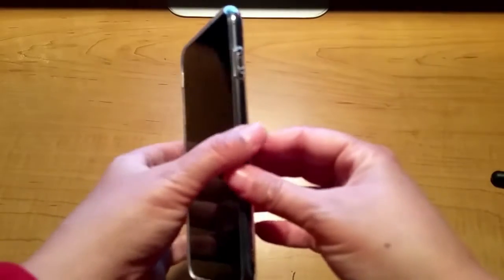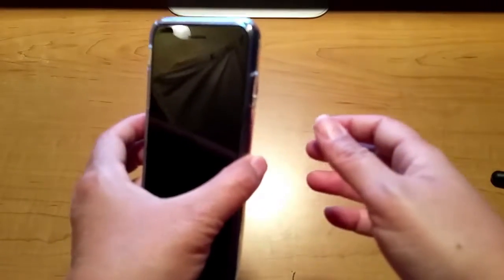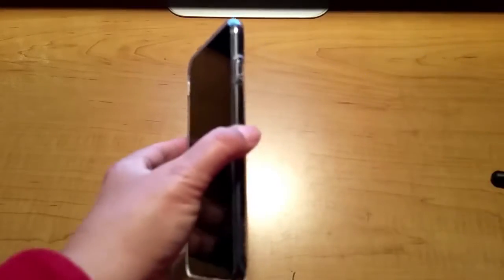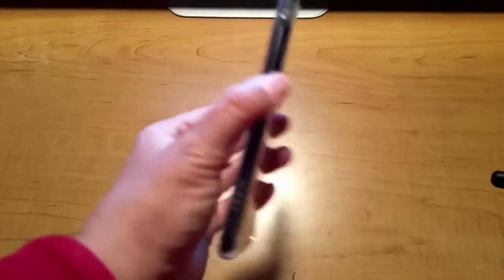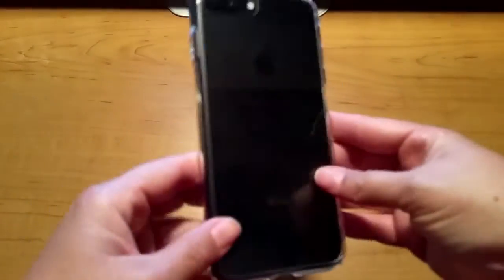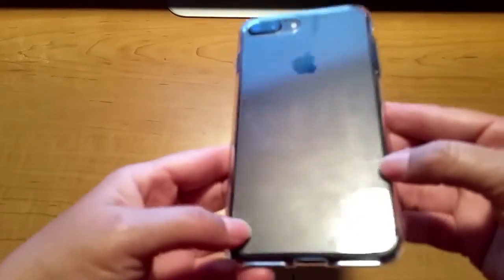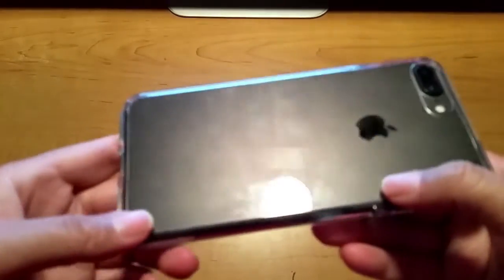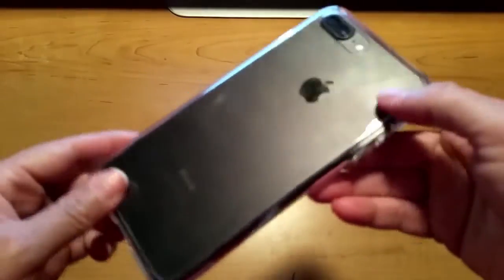There we go, voila. So let's see if my theory about the case totally giving the same kind of look and feel as the jet black iPhone. So yeah, the shine doesn't quite come through on camera as I'm looking through it, but when I look at it off of camera,